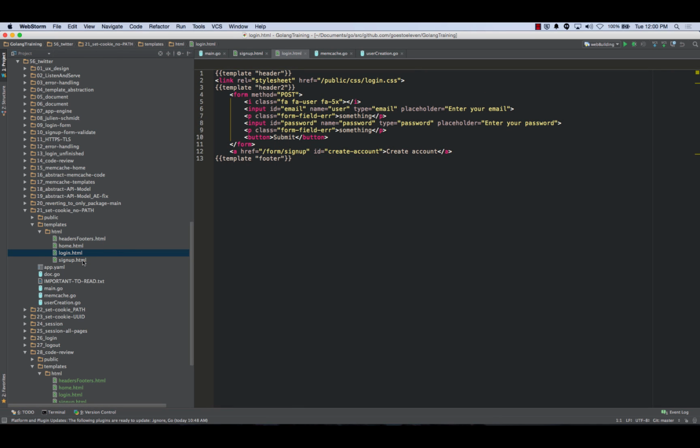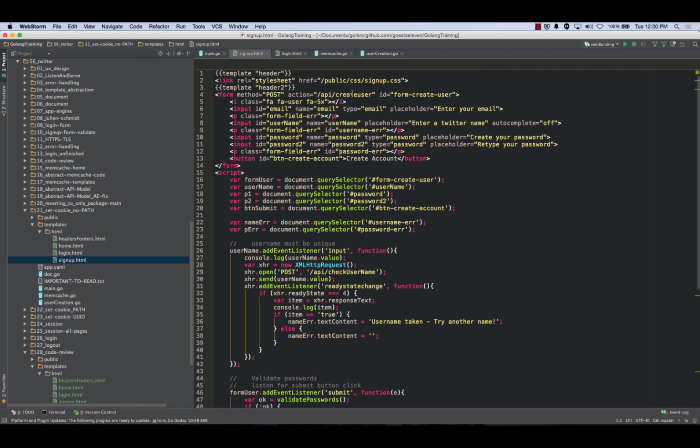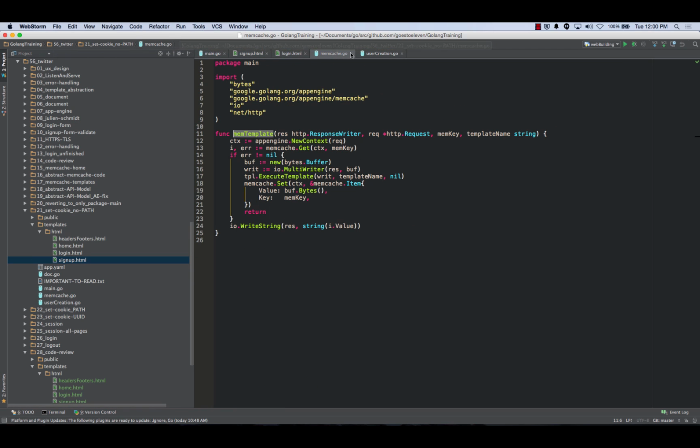No, that just goes there. Sign up. API create user, sign up. Okay? So there it is. So let's see this run. So create user is the part,